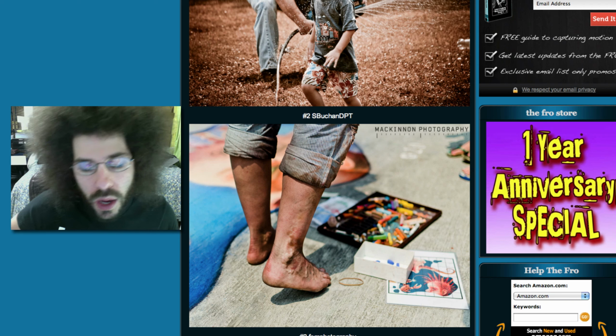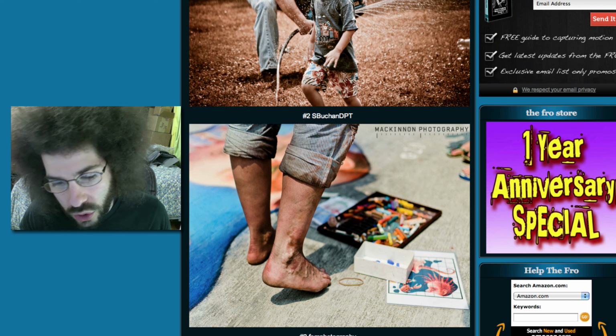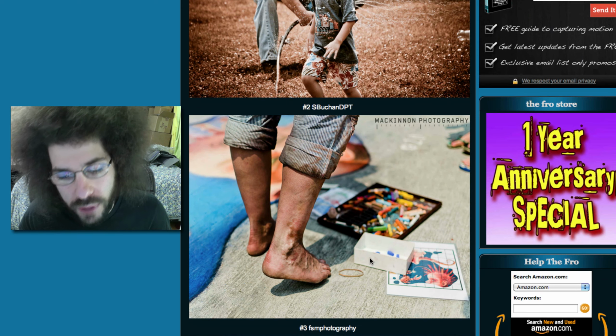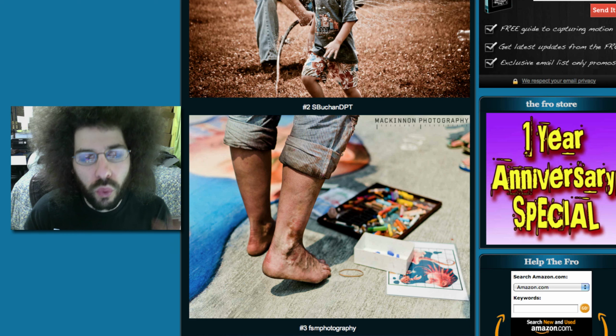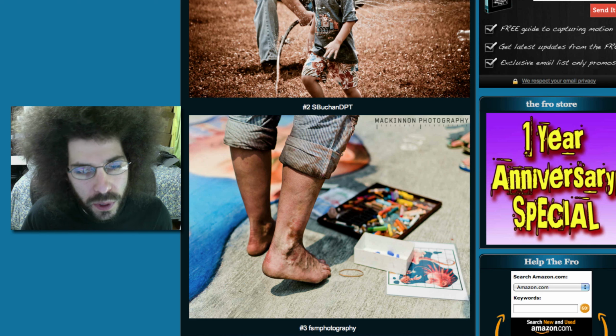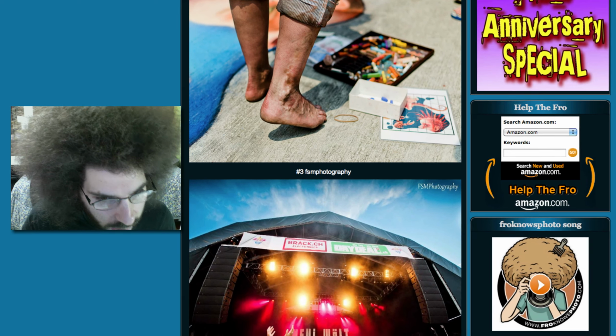I'm turning that off. You have those pastels on the ground, and it's really cool, and you can see the guy's feet are beat up slightly. You can see what he's trying to draw, because it looks like he's got a sample of it right here, and I just really thought it was a nice, thick image, really well done, and that's why it's up here. Then we've got SSM